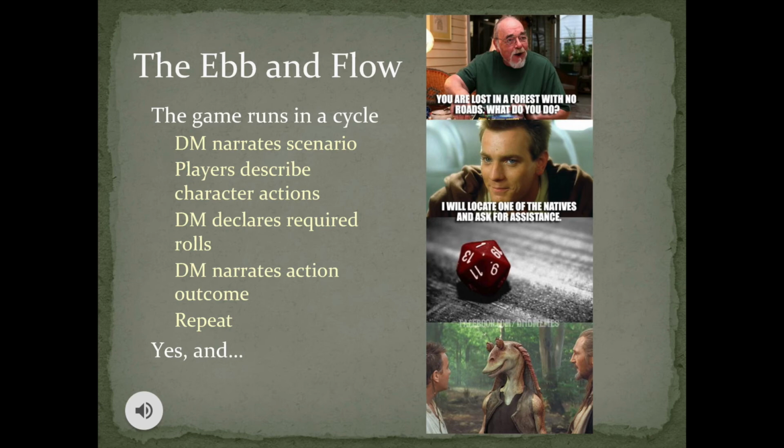They have a moment to think on what they would like to do. The players react by saying, "I will locate one of the natives and ask for assistance." The DM considers this and figures out what skills would be used in trying to find another creature in the woods that might know enough to be able to help them. That would be a survival check, so the DM asks the players to make a survival check. The lead of the group rolls, and as we can see in the image, they roll a natural 1, the worst they could do. The DM opts to give them something instead of saying you find no one.